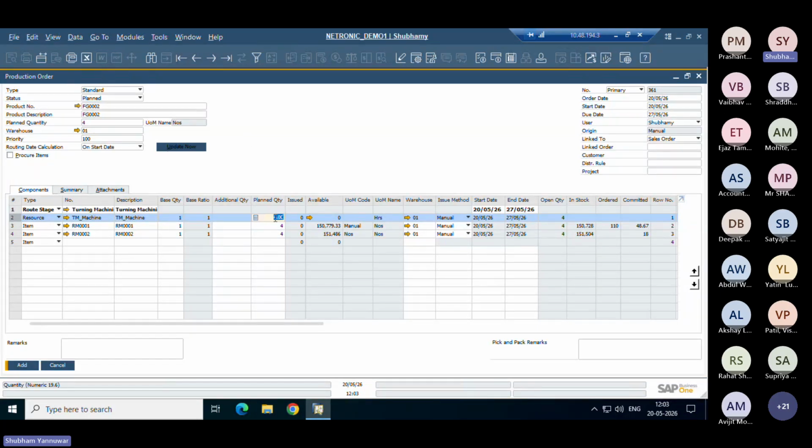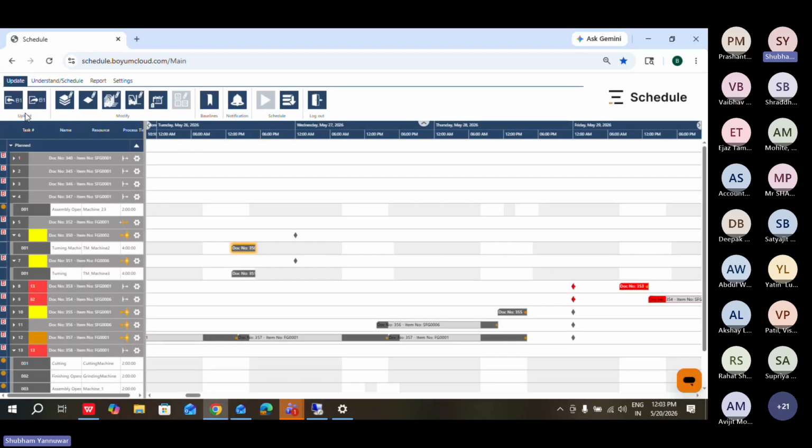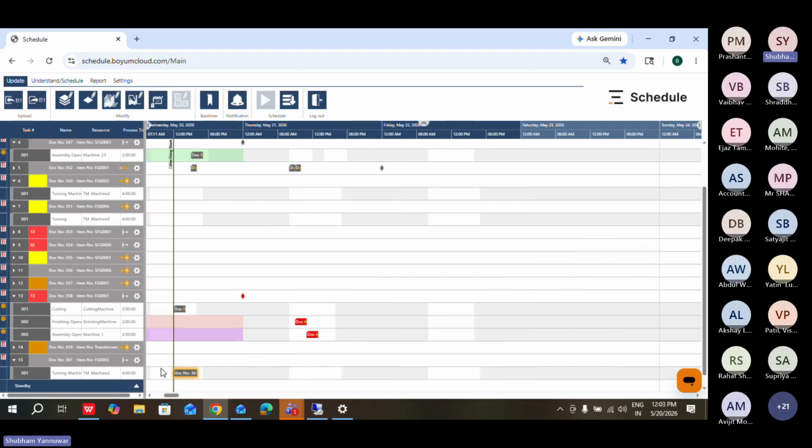Like plant consumption will be 4 hours, and let me just add this. Once I add this and click on import, you can see that particular production order is scheduled here. And if I just update the scheduling strategy to just in time,